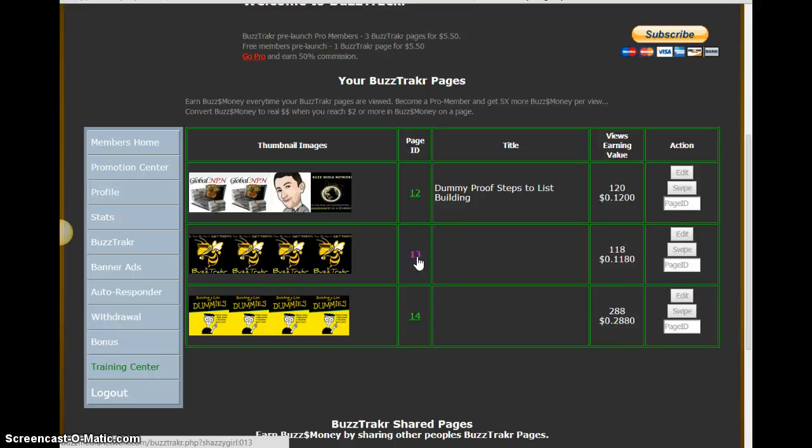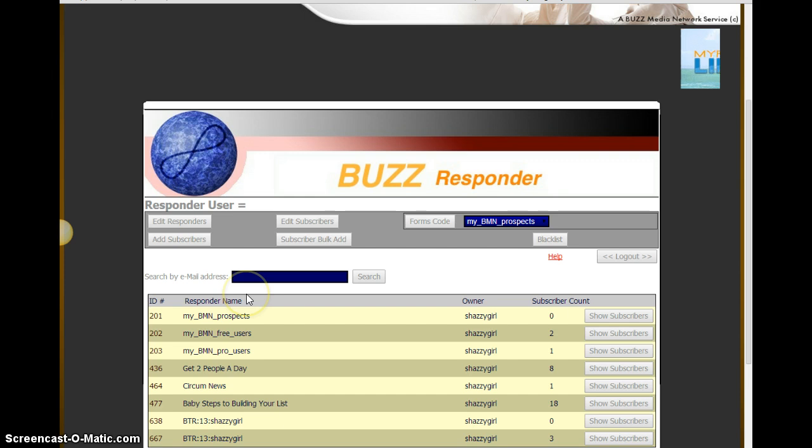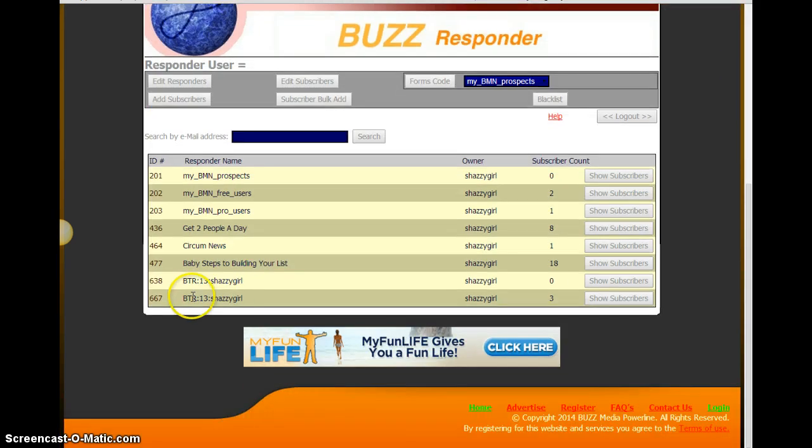understand how it works. Okay, so you click on autoresponder in your back office, and each Buzztrakr is going to have a Buzztrakr. If you have a Buzztrakr page, it'll probably already be back here. If you have more than one, then you make sure that you set it up with the right Buzztrakr page,